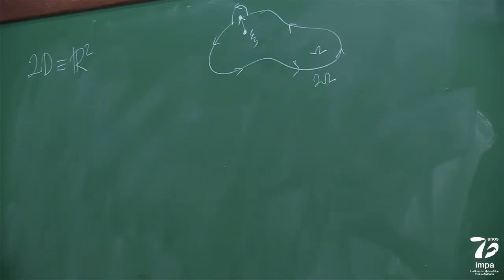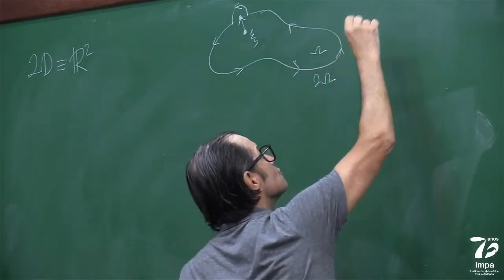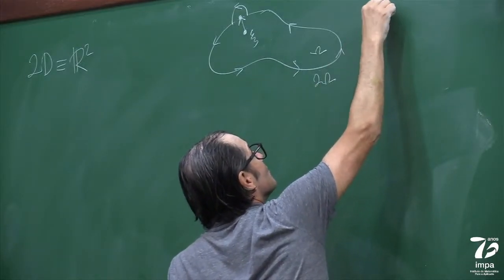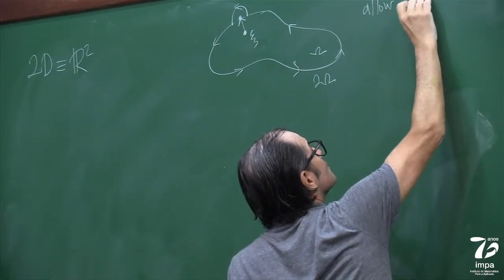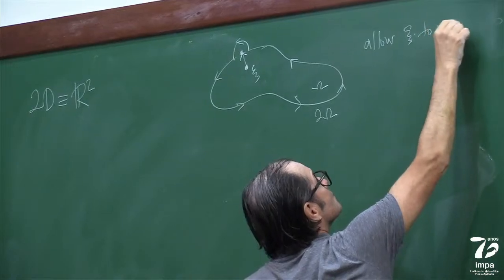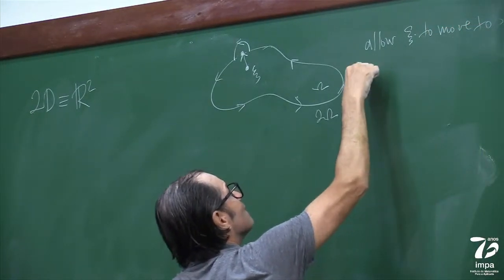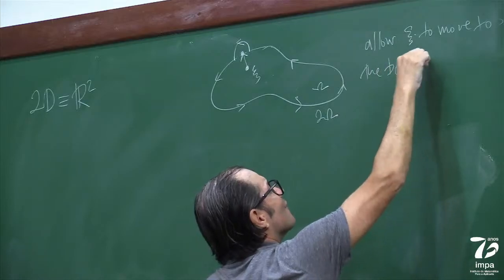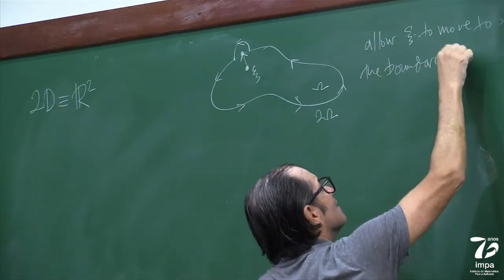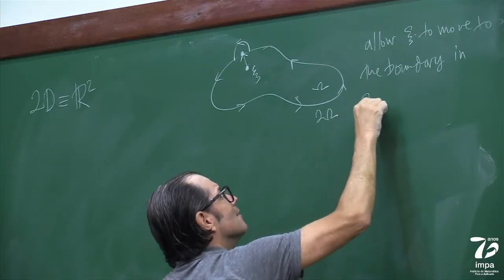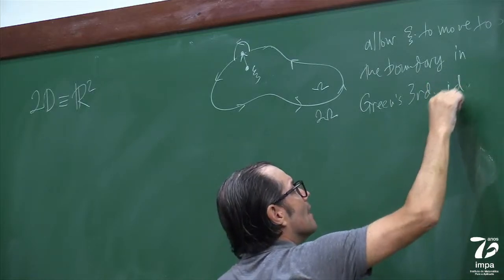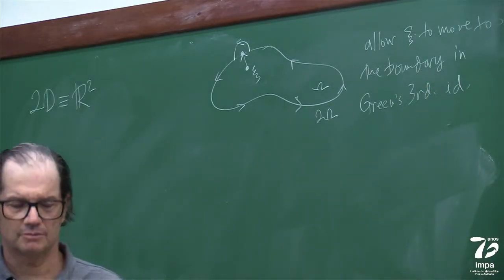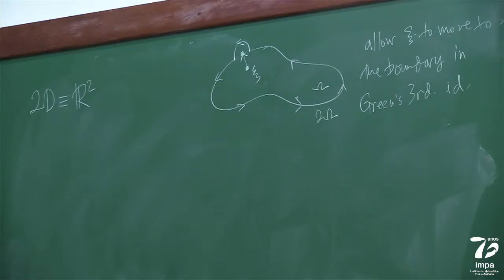So I'm going to allow this to happen. So what I'm going to do is this, allow C to go to the boundary. Sorry. To move to the boundary in Green's third identity, the expression we had over there. Okay? So, as an exercise,